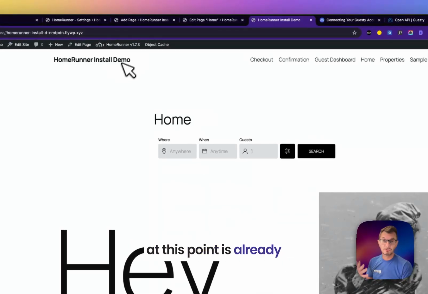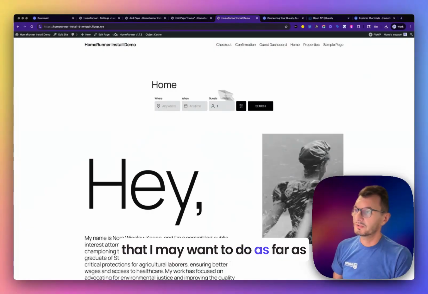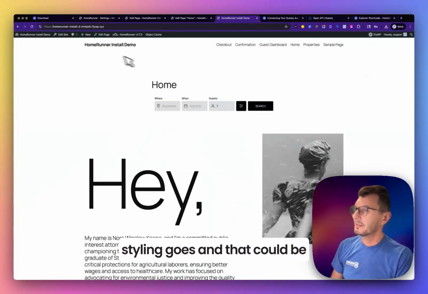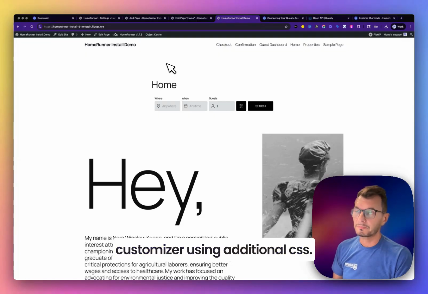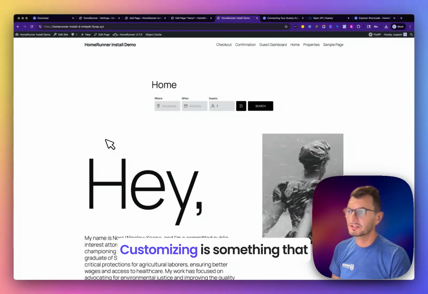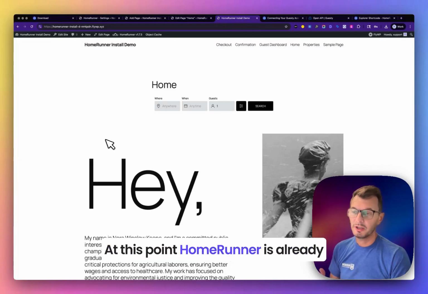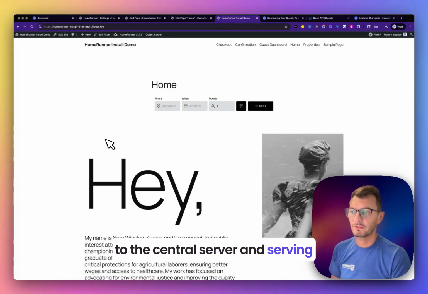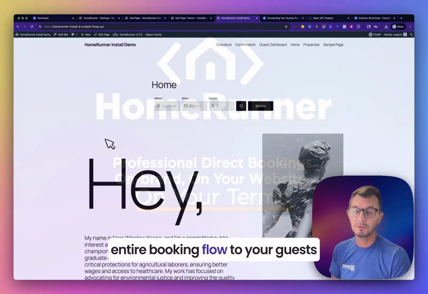So as it were, HomeRunner at this point is already installed and configured. And then just a few more things that I may want to do as far as styling goes, and that could be done through, for example, a customizer using additional CSS. Let's keep things simple. Customizing is something that could be done at the later stages. At this point, HomeRunner is already on the website, already connected to the central server and serving live data, and ready to present the entire booking flow to your guests